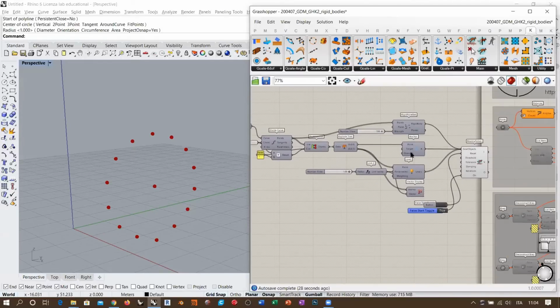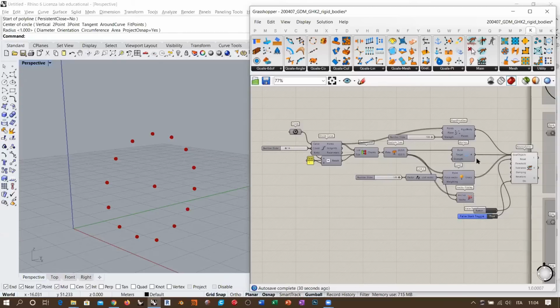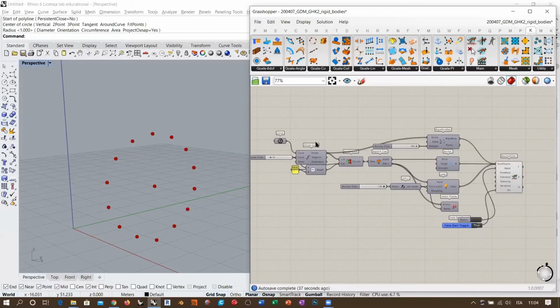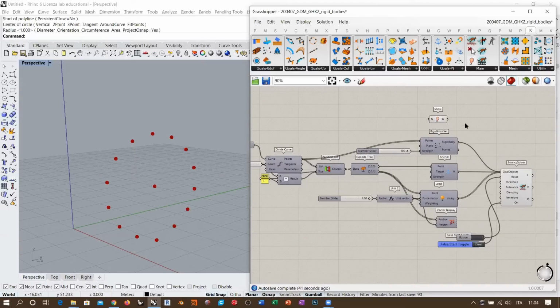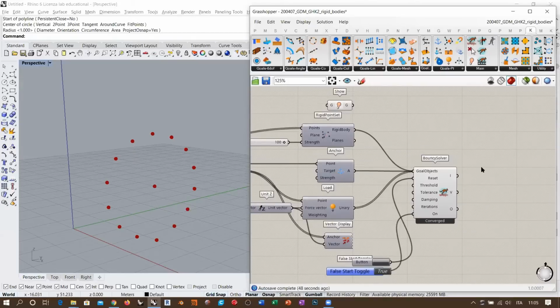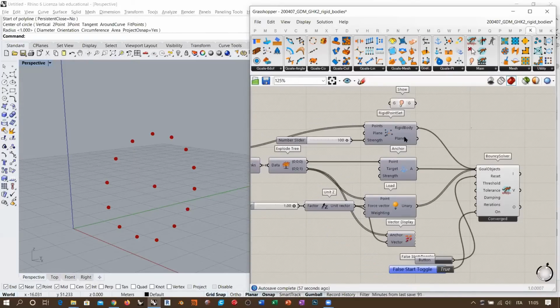But you see that everything is just working fine once we find the balance between the different forces that are playing a role in this simulation. And also we might want to use the show component, which I was telling you. You see that if you don't use the show component, Kangaroo will only display the goals that it is using. And now in this case, for example, we don't have any elastic connection between this point set. So the only thing that it shows,